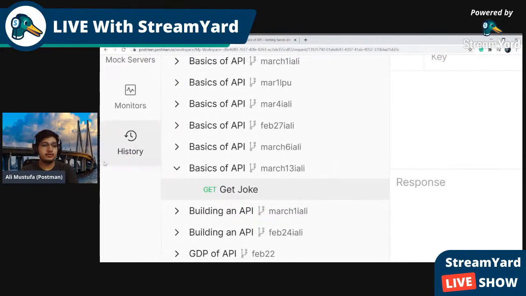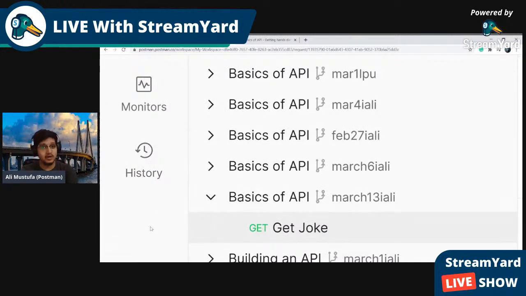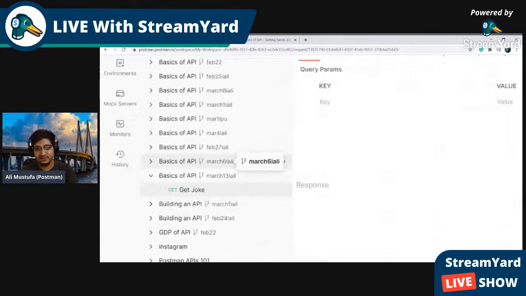One important thing which I want to show you is the history. As I told you, it is a browser for APIs. So you can see history in a browser, and that's why you can see history here as well. There's no incognito tab, so make sure you don't search for something crazy, okay? Because there's no incognito tab, everything will be available in the history out here.